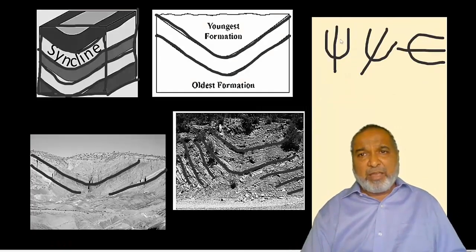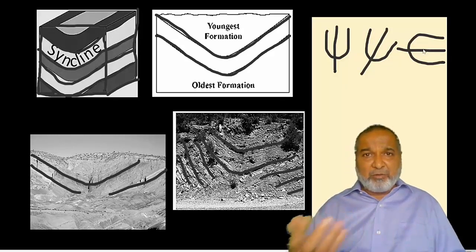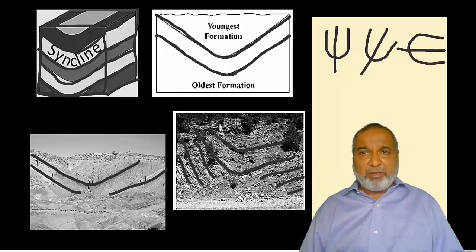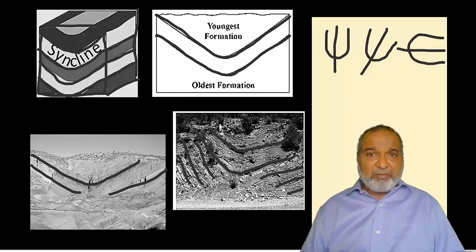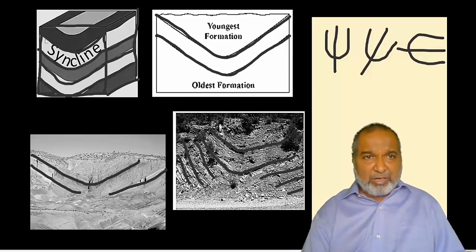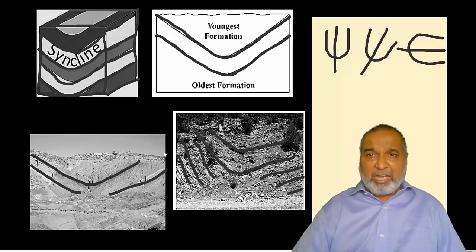Yes, so here also the axial plane may be vertical, inclined, horizontal. You can see now limbs are dipping towards each other. Whenever you are going to draw the diagram, see carefully the symbol you are going to use. It shows the proper symbol which I use for the syncline. We have to show that. So here we have a block diagram, a syncline, limbs are dipping. Yes, here it is very clear. The younger formation will be at the center. Yes, this is the syncline. Again here we have a best syncline fold. So that will be the anticline and syncline.